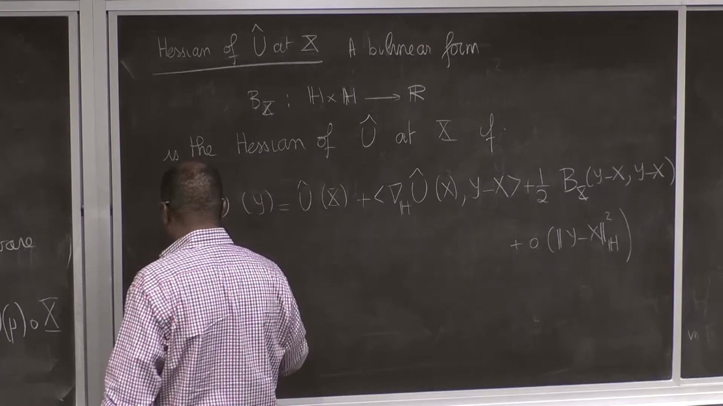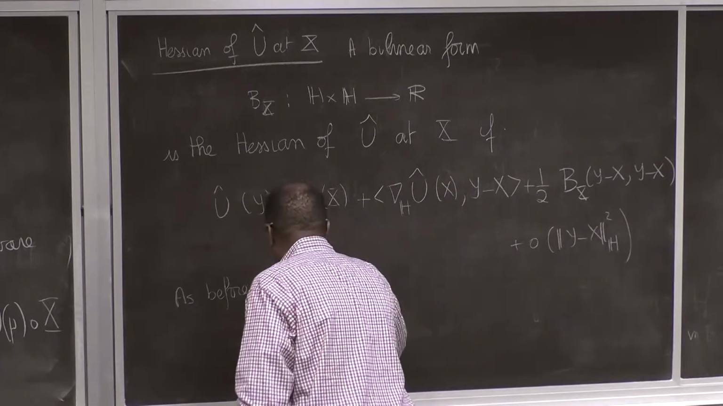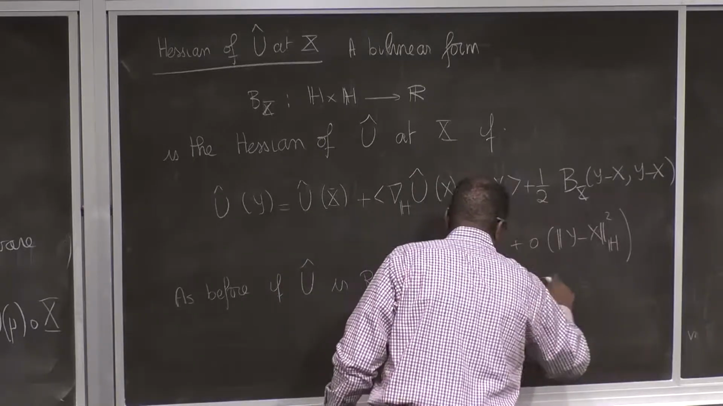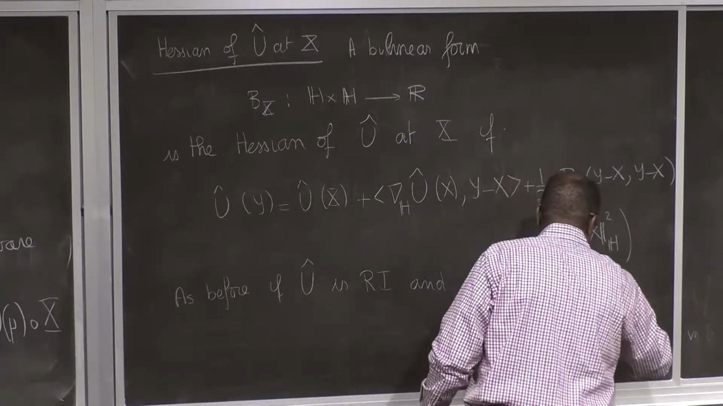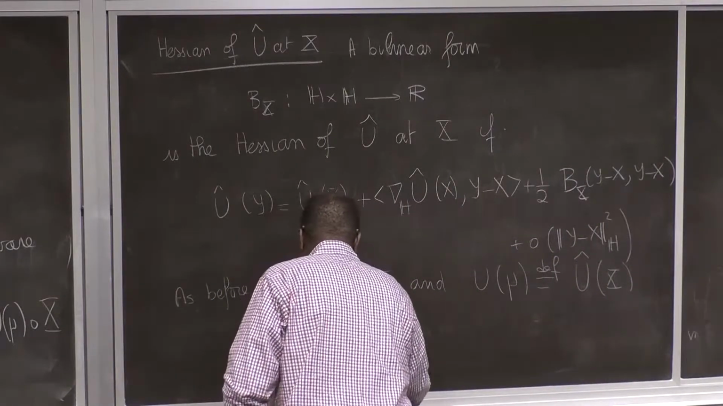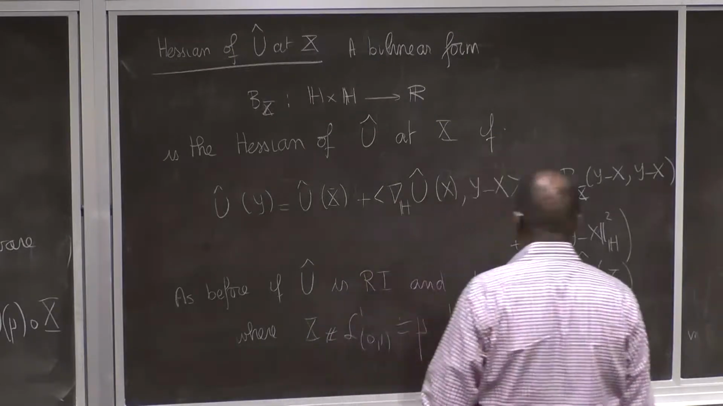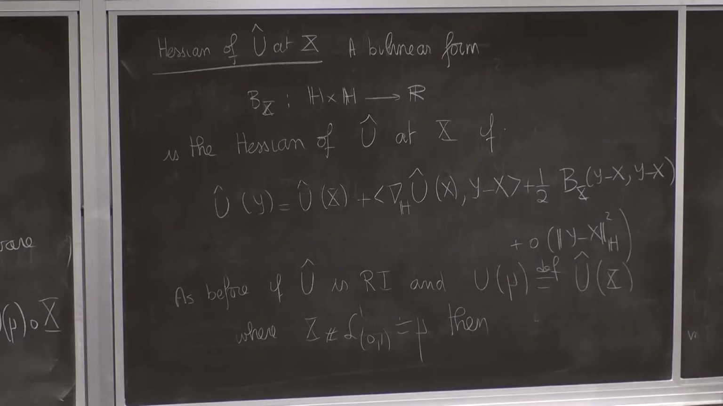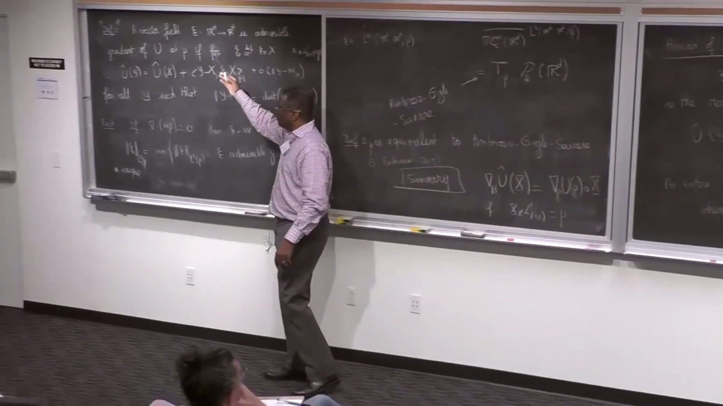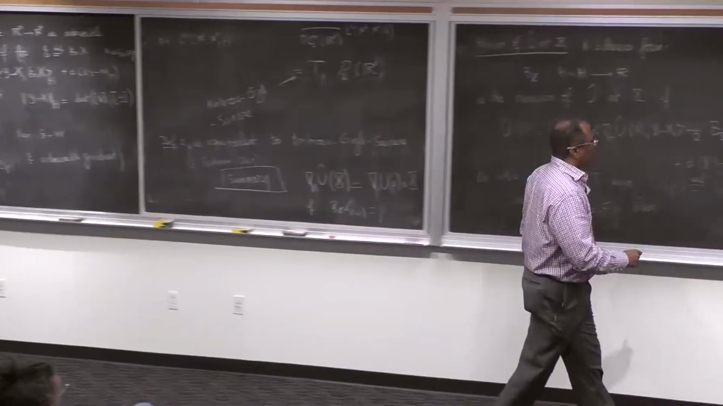By analogy, as before, if u hat is rearrangement invariant and u of mu is defined to be u hat of x, where x pushes forward the Lebesgue measure to mu, then u is twice differentiable if you can write this expansion under the same constraint. Then you have a relation,